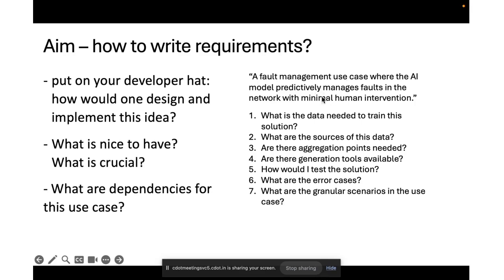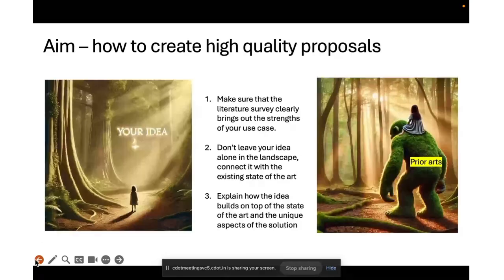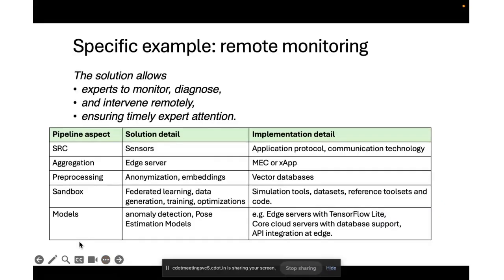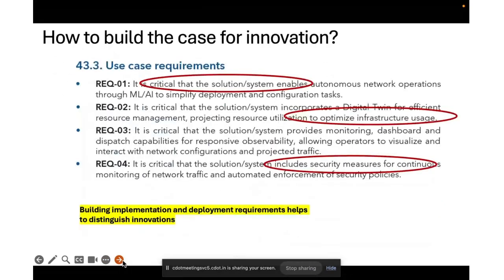This is a very typical use case. When you analyze this use case, it's a good idea to look at what data is needed to train this solution. First of all, please remember the pipeline that you talked about here: the source of inputs, the aggregation, pre-processing, sandbox models, policies, distribution, and where you would apply this inference